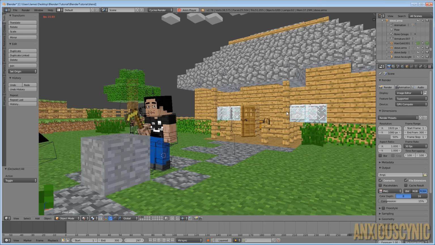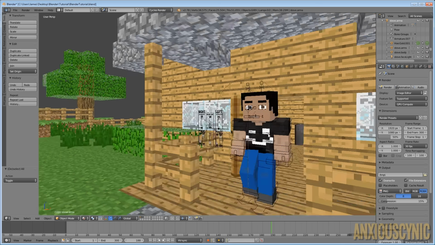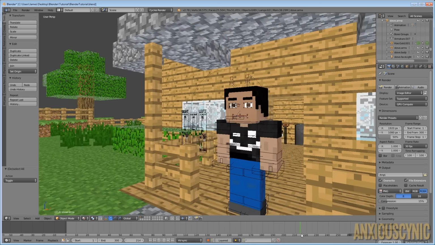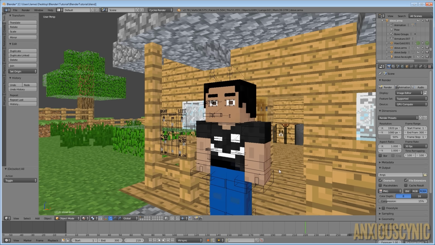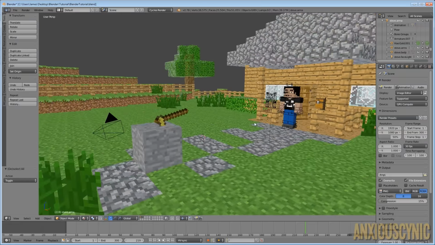As you can see, I added a quick little walk cycle there for Steve. And if you notice here, there's this little point, if I can zoom in on it. When Steve comes out, he stops, and I made his pupils get bigger, and he kind of opens his mouth like, oh, wow. And then he begins to move, very unfinished-like, but we're just going to go with it for this tutorial.